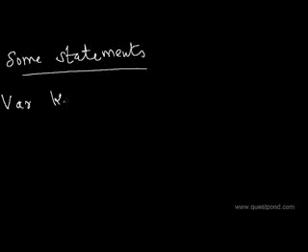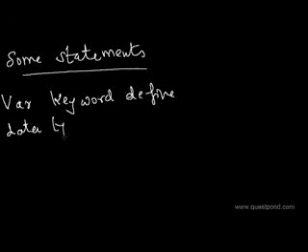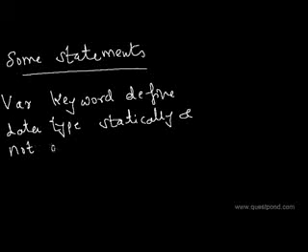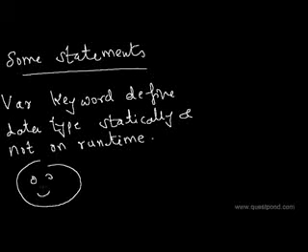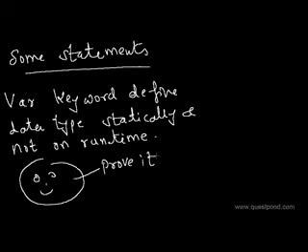Now let me make a very important statement here, and this is where many of our developer friends are confused a lot. The var keyword is defined statically, and this I have already said in my previous part of the video. Let me repeat: the var keyword is defined statically and not dynamically. In other words, it is not something like the object type which can be pointed once to an integer and then to a string, with the data type adjusting itself at runtime. It's actually statically defined. So let me prove this point by showing some practicals over here.